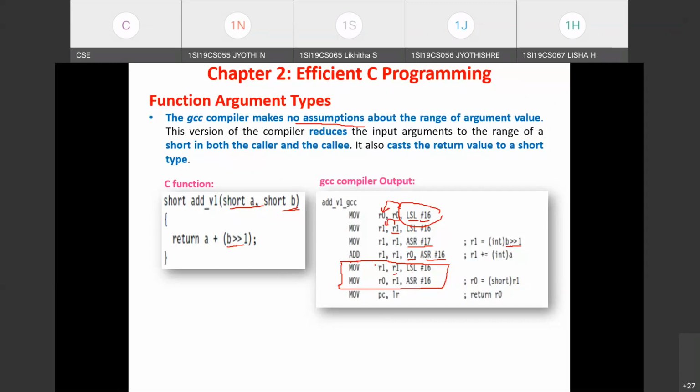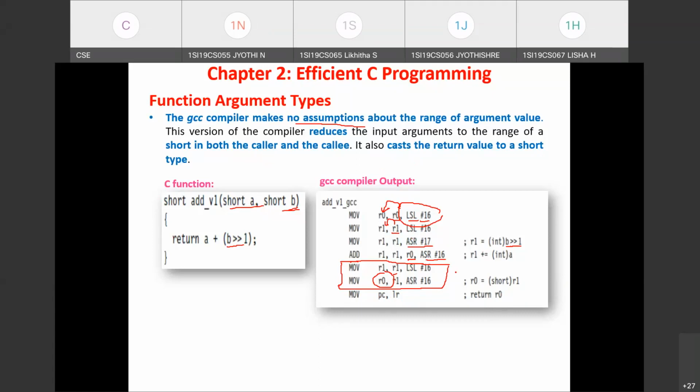And as you know that the result will be returned to the calling function through R0 register. Compilers usually make use of R0 register for sending the computed value to the calling function. So here R1 content is taken, logical shift left it 16 times, and next we are performing arithmetic right shift 16 times on R1. The result is stored in R0 register. Just see, the value is held in R0 register, and the control is returned to the calling function by loading PC with the link register content, the return address. So this is how the GCC compiler has implemented this C code.